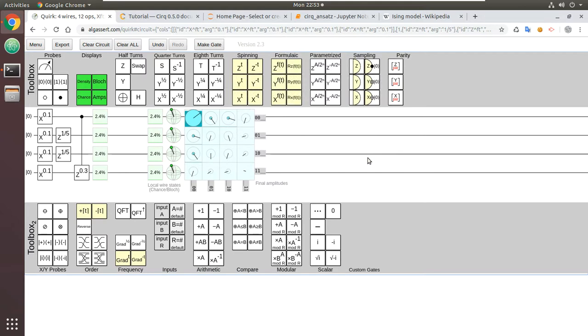Interesting. It doesn't seem to change the probabilities of each separate qubit. And at the end of the day, as I've seen in this problem, that's what you